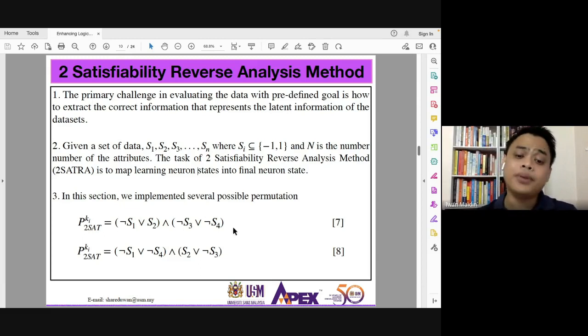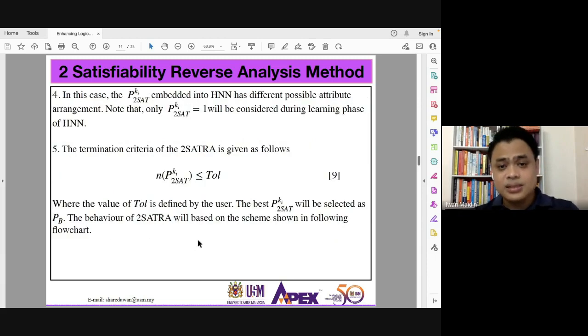So this is the example of permutations that you can put before you put it into your Hopfield neural network. Next, since we have so many permutations, you are putting all these permutations into different Hopfield neural networks. I just want to remind you, we only consider logic that is satisfiable in nature. After we manage to put it into the Hopfield neural network,